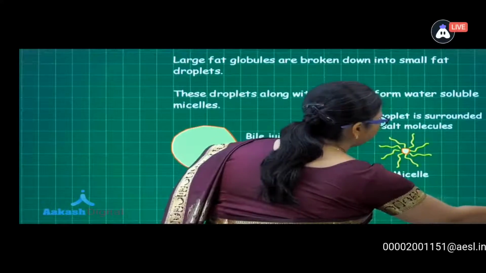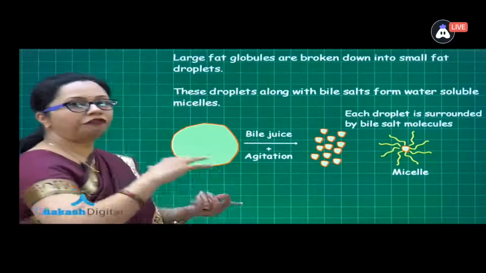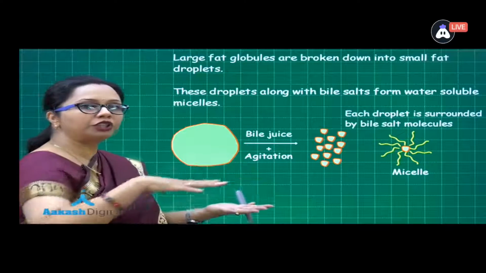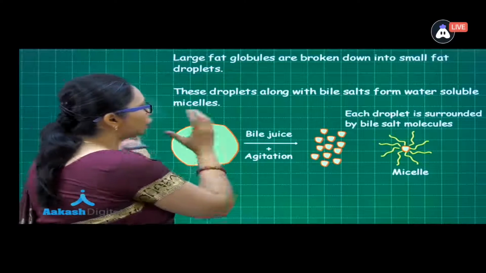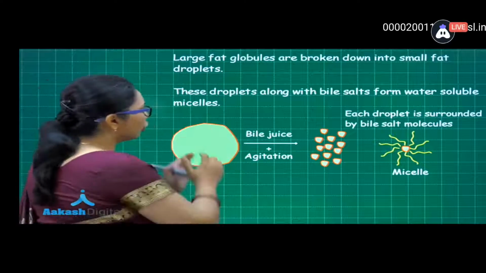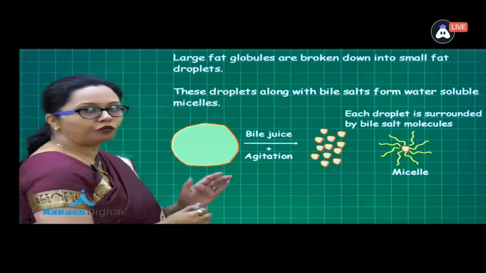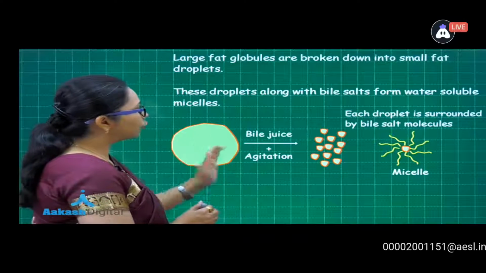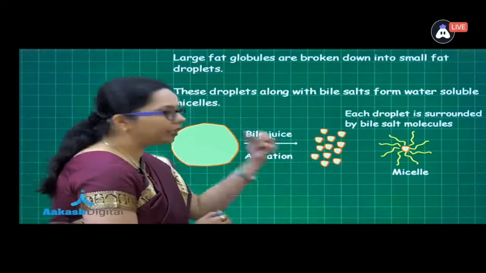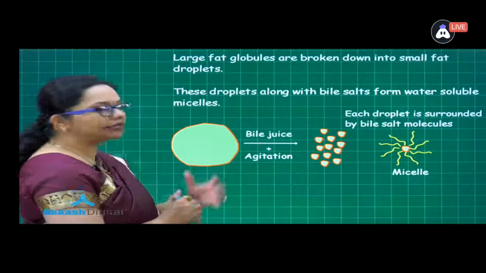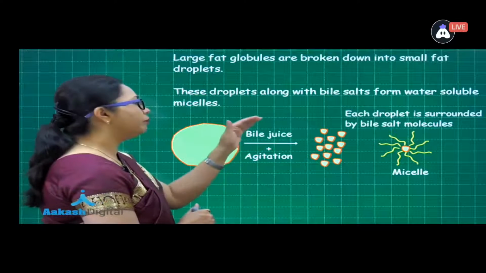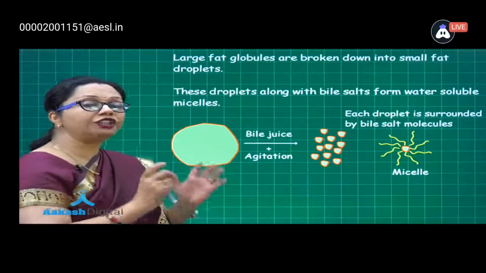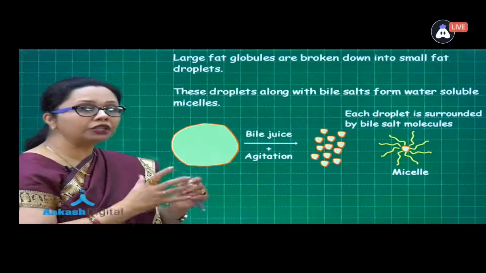So when we take in food, what happens is that fat being insoluble, it will be just floating over the watery surface in the form of a large globule. Now this large globule cannot be acted over by lipases. So this has to be broken down into small tiny droplets, and that's what is emulsification. Now this emulsification is brought about by bile juice as well as the agitation of the intestine,